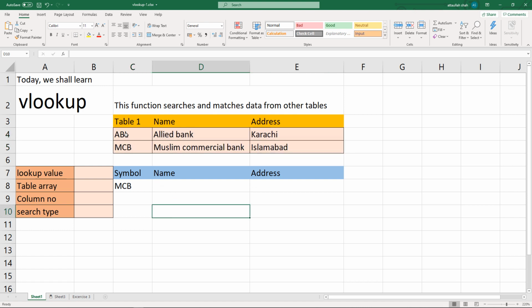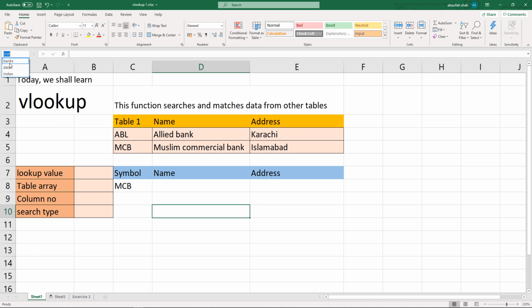This is the first step. You select the data, go to the name box, type the name and then press enter. If you do not press enter, the name will not be assigned. And after assigning a name, always make sure that the name was assigned by going into this box, clicking on that and selecting the assigned name. If you don't see the assigned name, it means that the name was not assigned.